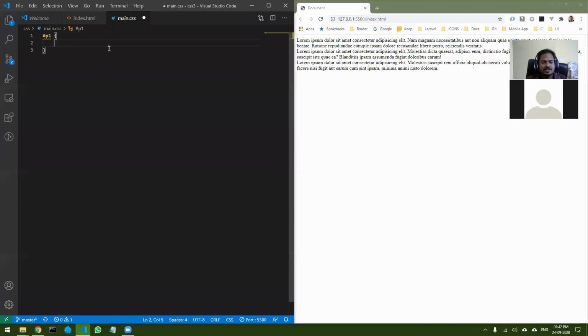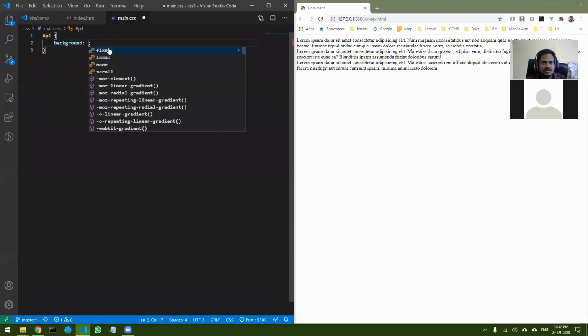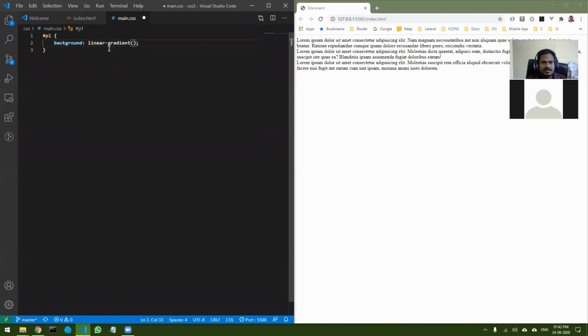Once I do that, I can set the background, let's say background linear gradient. The first parameter is the direction, so to bottom. Second one is the two colors.